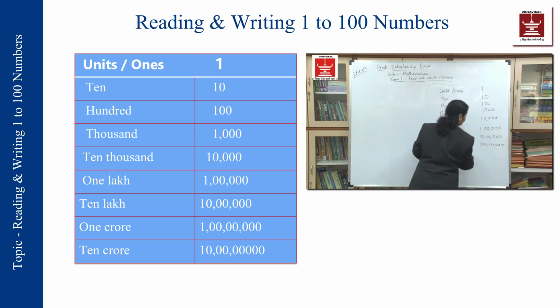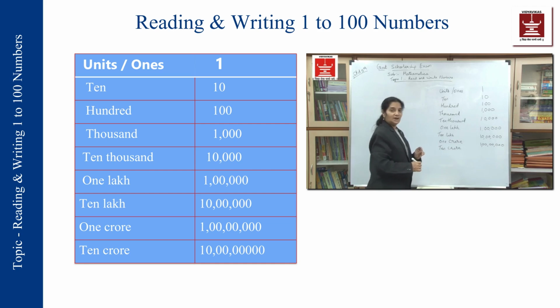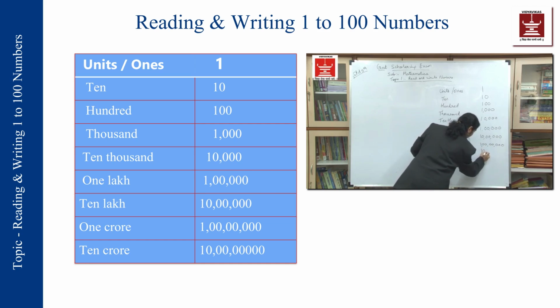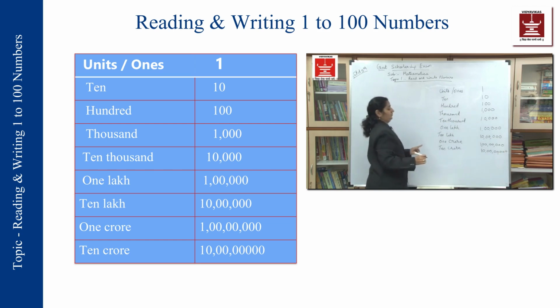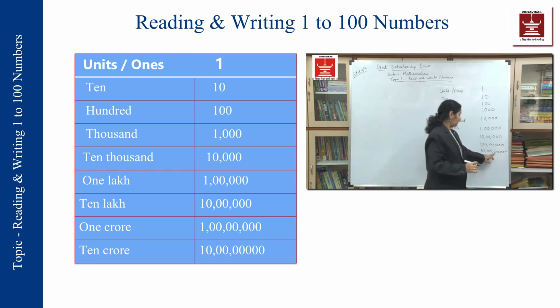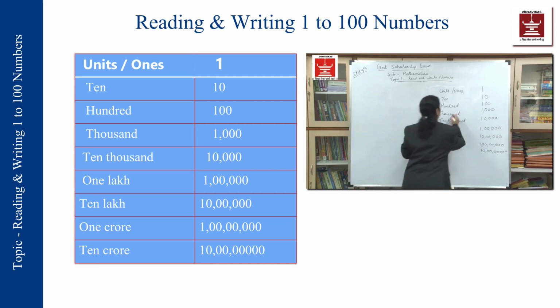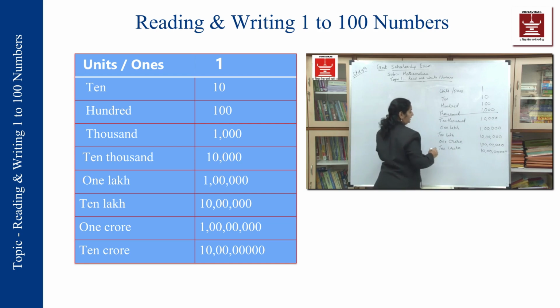Now when I put a comma here, I'll put one more comma over here. So this becomes 1 crore. In 1 crore, how many digits do I have after the 1? I have 3 plus 2, 5, plus 2, 7 digits. For 10 crore, I'm going to have 1 0 over here with a comma, 2 zeros, again a comma, 2 zeros, again a comma, and the last 3 zeros. So 3 plus 2, 5, plus 2, 7, plus 1, 8. This becomes a 9-digit number. So when I say 1000, I know it is going to be a 4-digit number. When I say 1 lakh, I know it is going to be a 6-digit number.